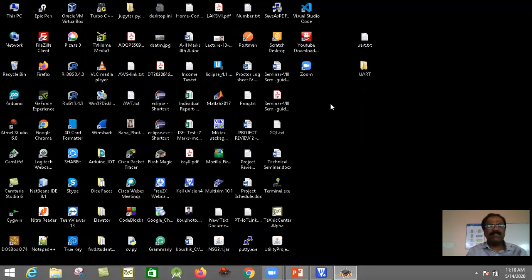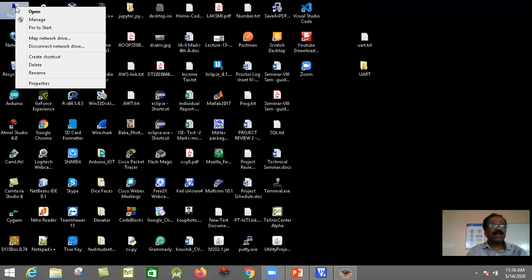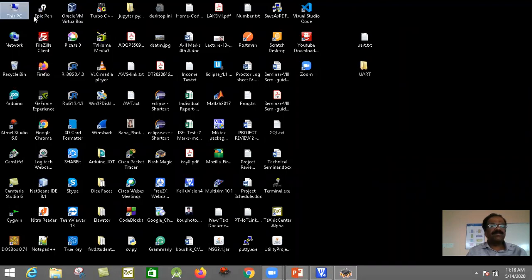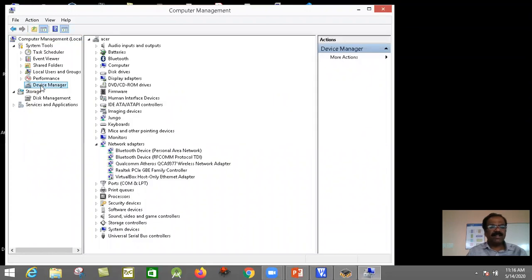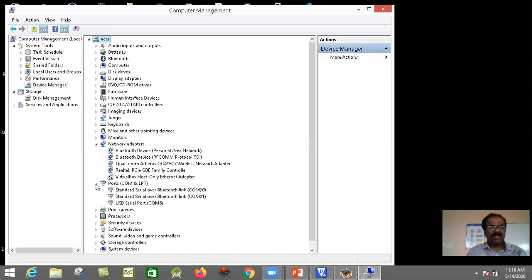So just minimize. Go to This PC or Computer, right click on this, go to Manage. Under Manage, go to Device Manager. Click on Device Manager, then go to Ports. Here are Ports (COM and LPT). Just expand this.